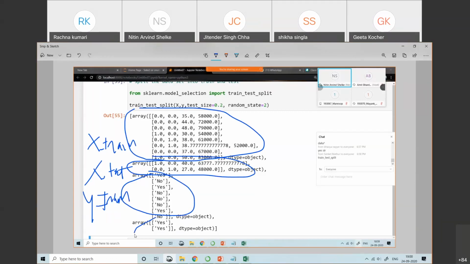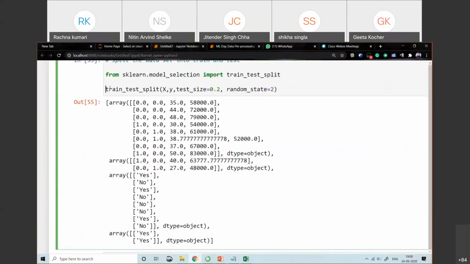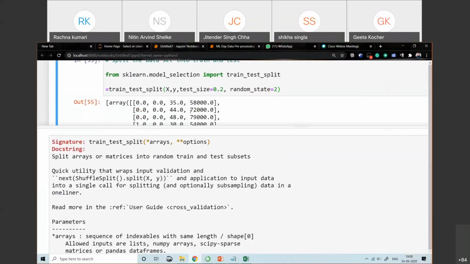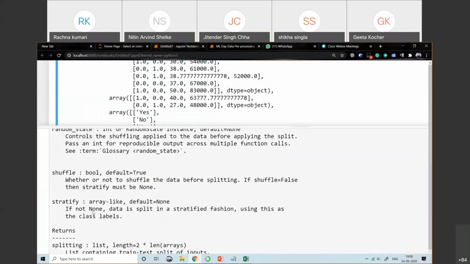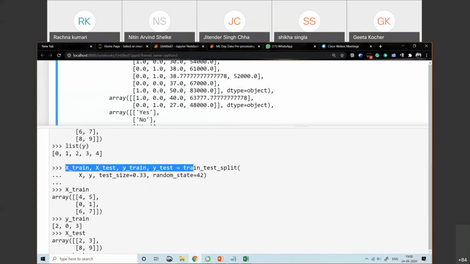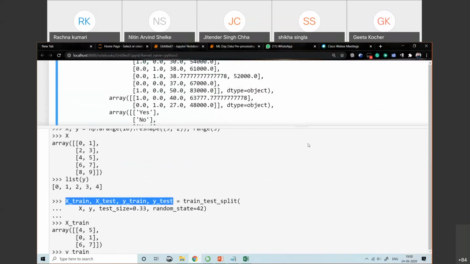And this is your ytest, the fourth one. So it gets divided into 4 parts: xtrain, xtest, ytrain, and ytest. So you need to add all these values so that it gets stored into those particular variables. Instead of that, let's suppose I want to directly use it. So you just go into the help section and copy it. This is the sequence that we want to use.